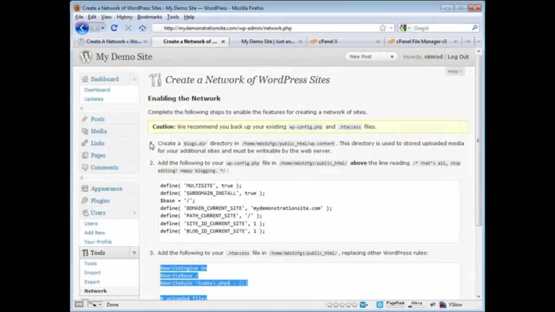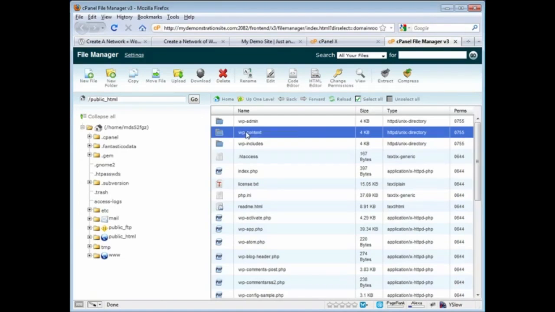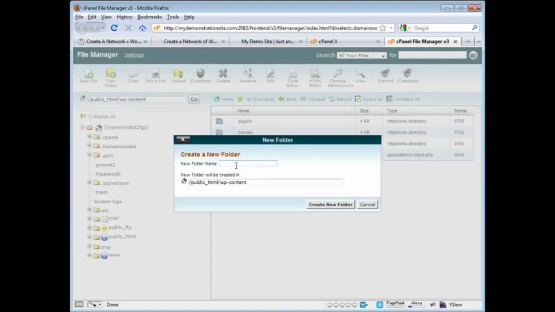See, it helps if you go step 1 then step 2. That's why they've got these things numbered. Anyway, so no harm, no foul. Let's head on back over here to our file manager. So before we log in, we got to do step 1. Now we just go into WP content, select that, open that up, come up here to new folder, and that's blog.dir,